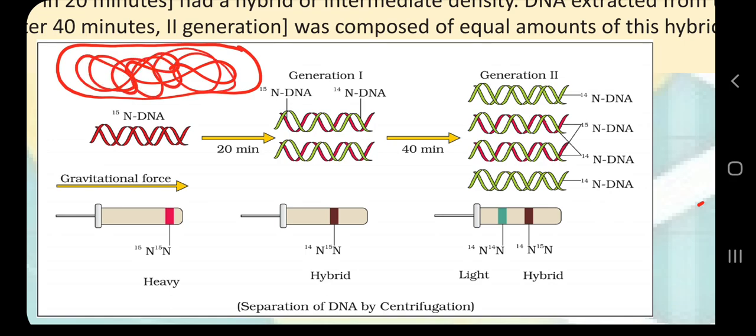We have some chemicals, some nutrition, in our laboratory where we grow our bacteria. For example, I discussed Petri plates when we were discussing Griffith's experiment of 1928 on the transforming principle. If you want to know more about these experiments, please do watch my previous videos, and they are very important for the class 12th board examination also. So here is the idea.